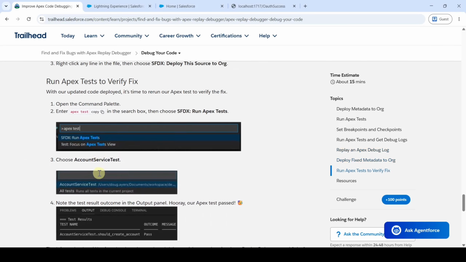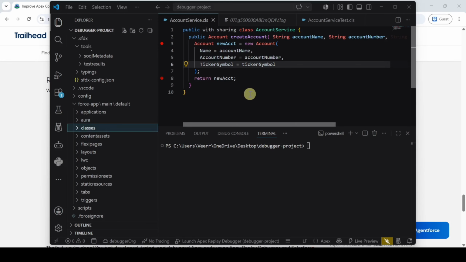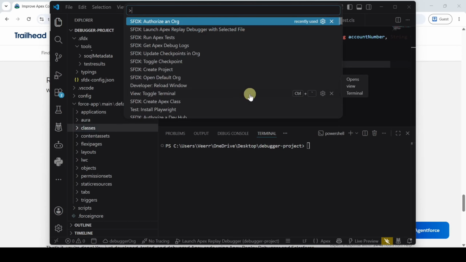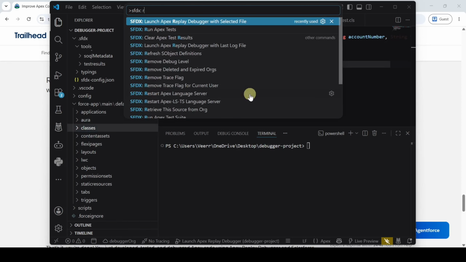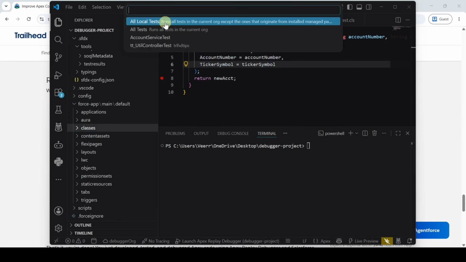After that, we need to run the Apex tests to verify the fix. Move to Visual Studio Code and press the shortcut Control Shift P, and here search for SFDX: Run Apex Tests and select AccountServiceTest.